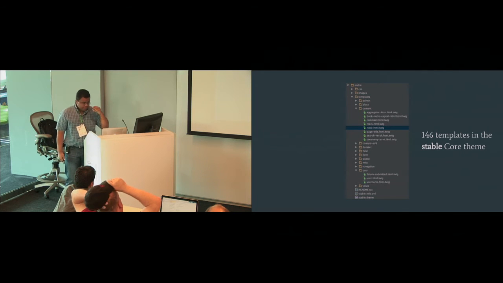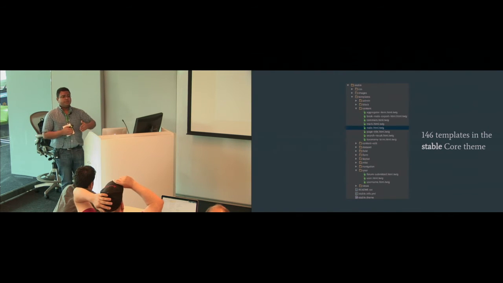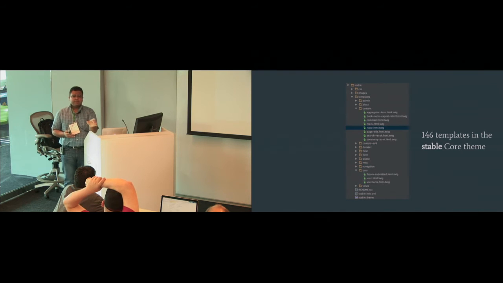So, because there are so many options, I need to have some way to find the right template to modify. Like I need to modify the node template or the user template or the list template. Each of them has a name, and I need to know exactly which one I have to modify. So